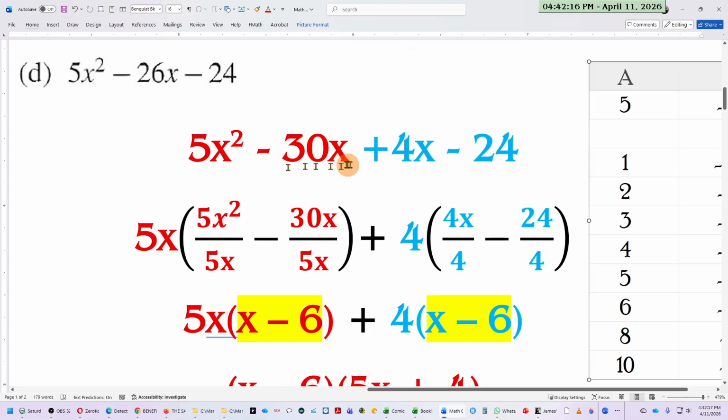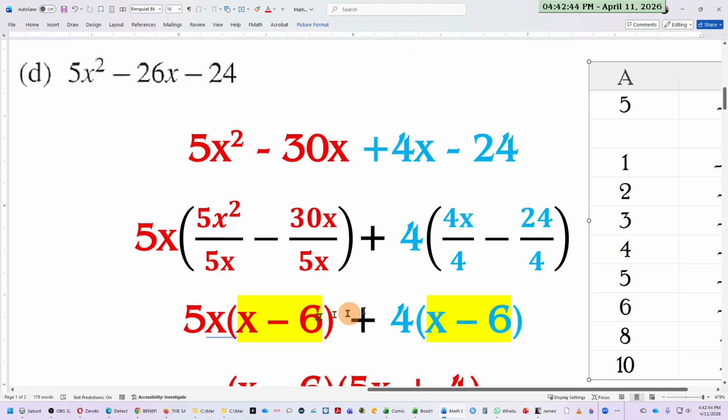And we have seen how we split four terms. We look at the first two. We have a 5 that can go into both of these, and both of these have an x. So we'll have 5x on the outside. Here, there's no x in the last term, so only the number we concern ourselves with, and 4 goes into both of these. Once we divide these two by the 5x, you're going to get x take away 6,